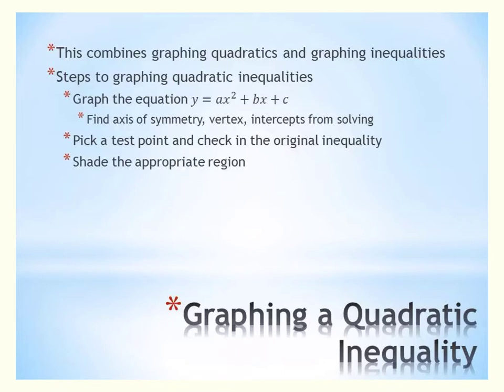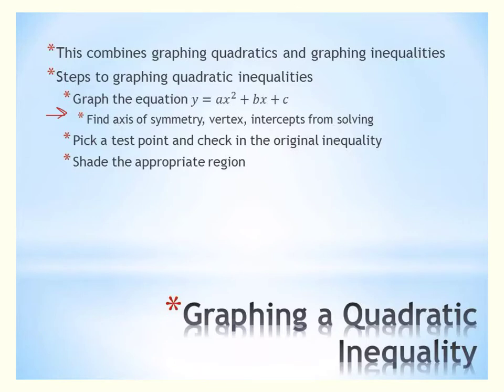To graph an inequality is very similar to graphing an equation. We're going to graph it just like we did before using our axis of symmetry and our vertex. You might use your intercepts, you might choose a table. So you're going to graph it how you did before, but then remember if there's an inequality, that means that